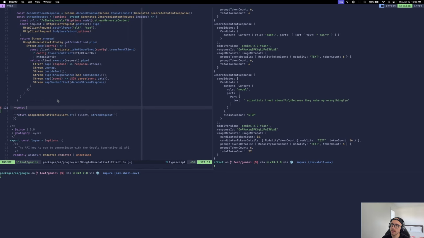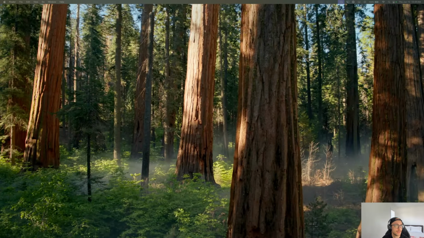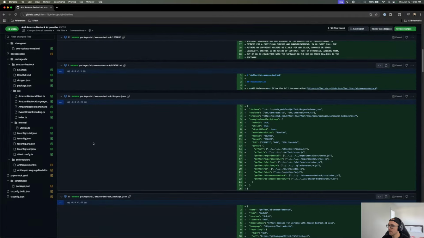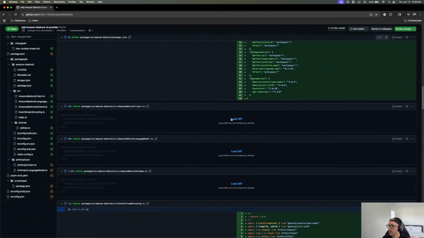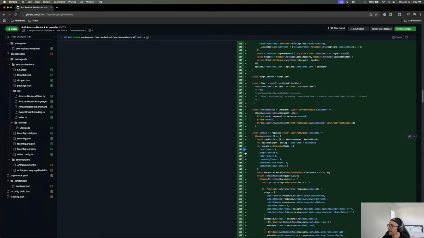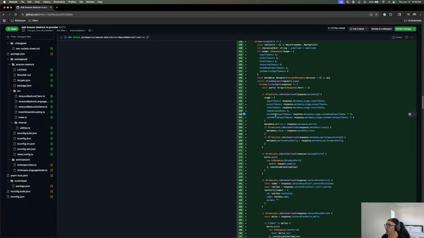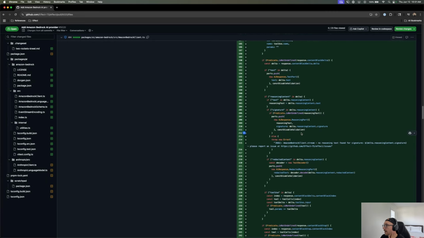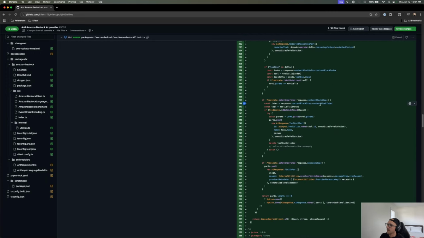So we can actually take a look at how we did that for the Bedrock provider that we have in a PR over here. If we take a look at the client, you'll see in here we've got this stream method which takes in the request, and under the hood it does call stream request, but then we map the response basically into the shape that we want. So we're going to have to figure out how to do all this logic